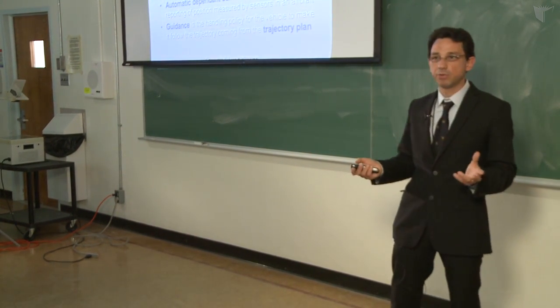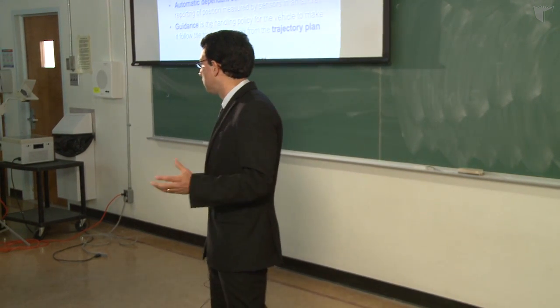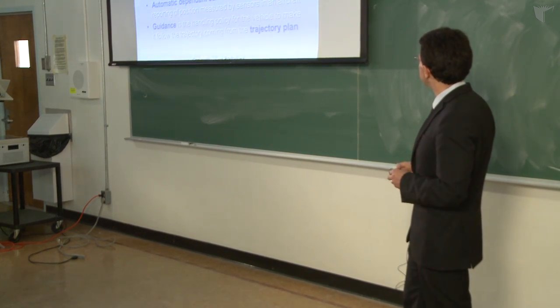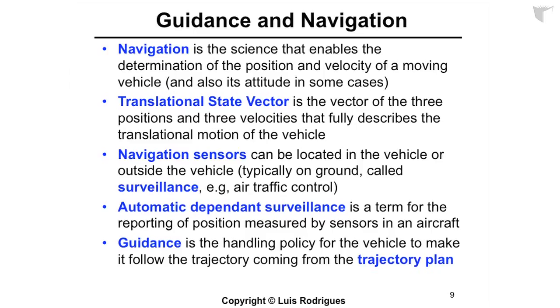Of course, GPS nowadays is the best well-known, and it's an all-weather system that works with good weather, bad weather, and it's pretty much used all around. But there are other means of navigation. So translational state vector is the vector of the 3 positions and 3 velocities that fully describes the translational motion